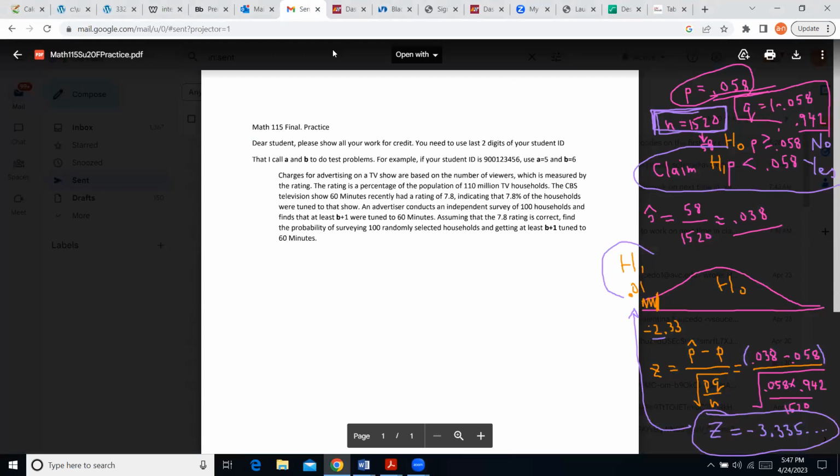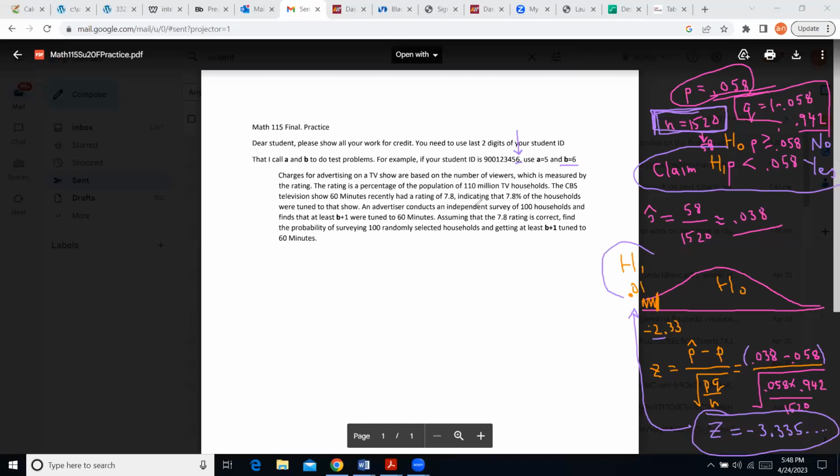And what I'm using here is, as usual, remember for the midterm, we also used the last digits of your student ID to do the exercises. So in this exercise, I'm asking you to use the very last digit, which I made up as a 6. If you want me to use some other digit, just tell me, I will use the other digit and do this exercise. So it says that here we are talking about the percentage of TV households that are